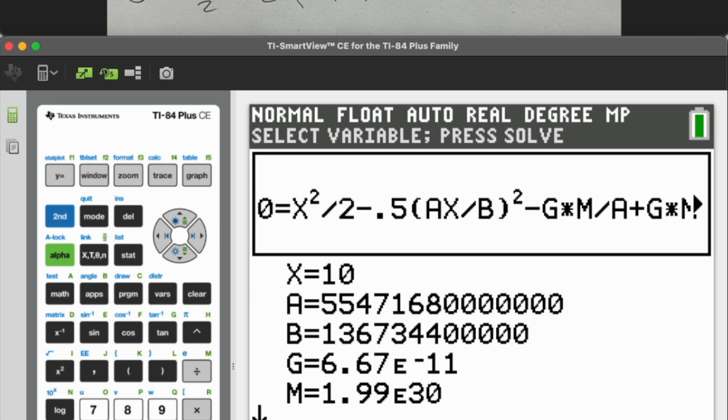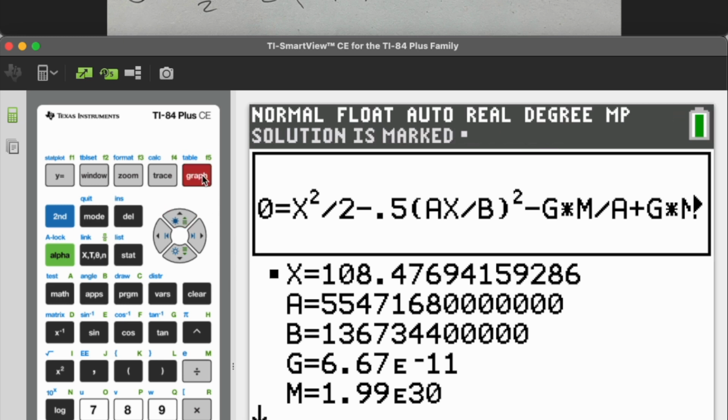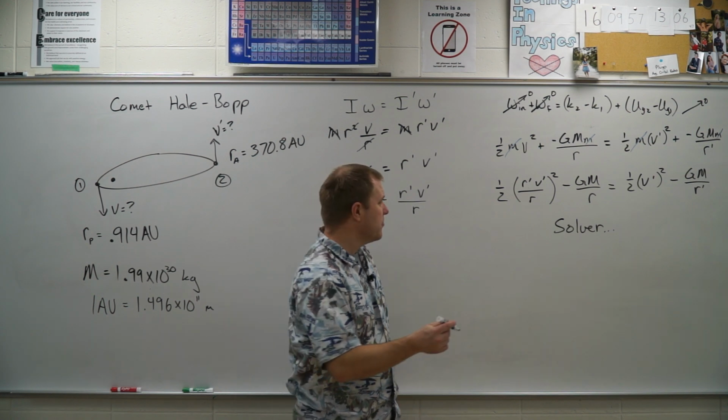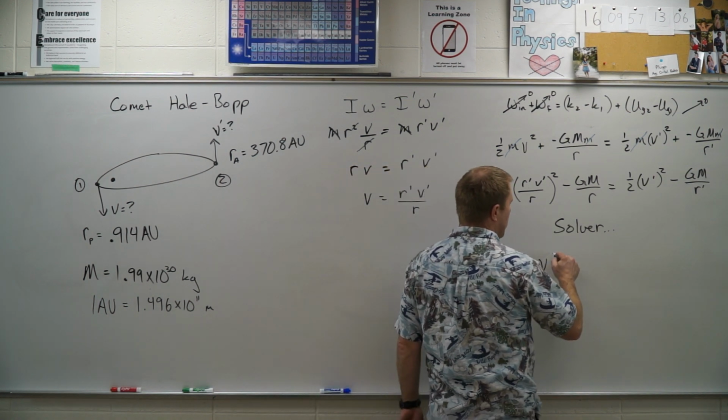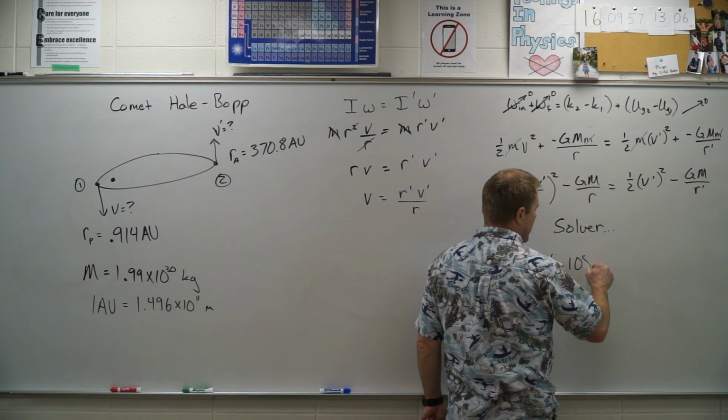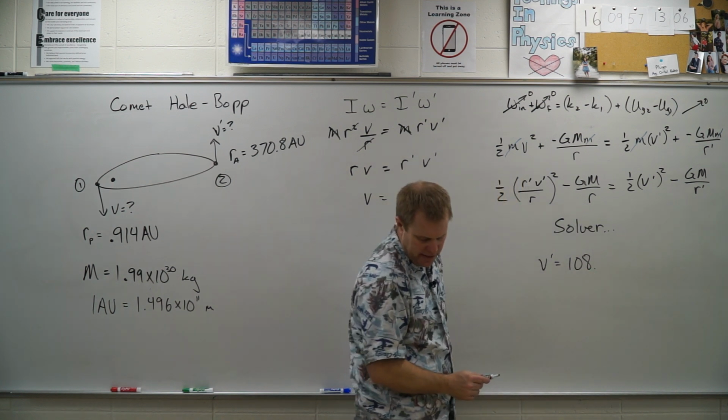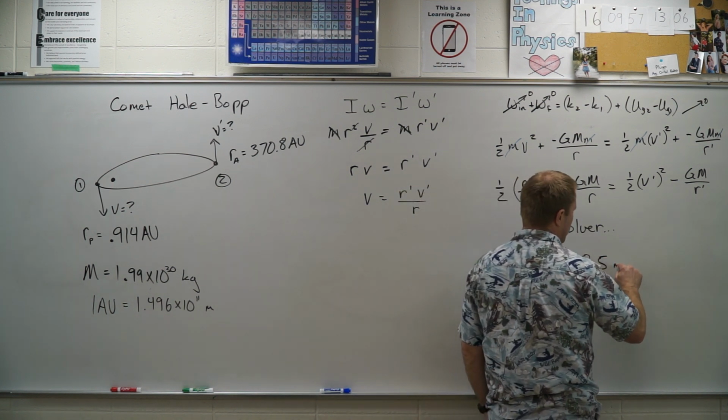And then you can see I already have the G constant, the universal gravitational constant, and the mass of the sun already entered in there. So I just have to go back up and make sure that I'm hovered over the X when I hit solve, and I end up with 108.5. All right, let's head back to the board. From the calculator, we got that V prime value of 108.5 meters per second,